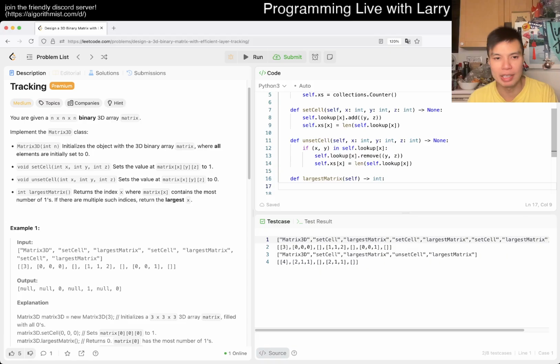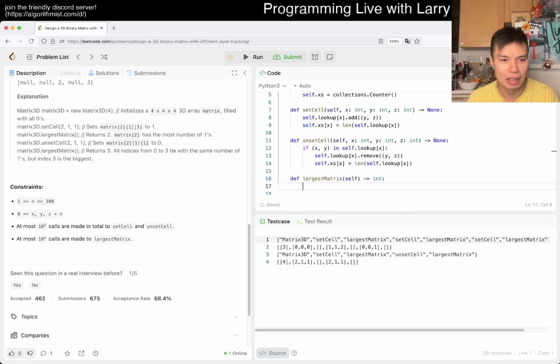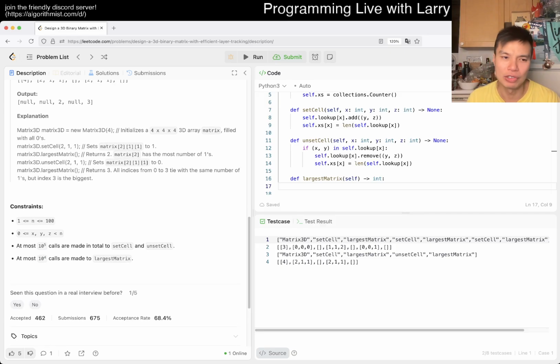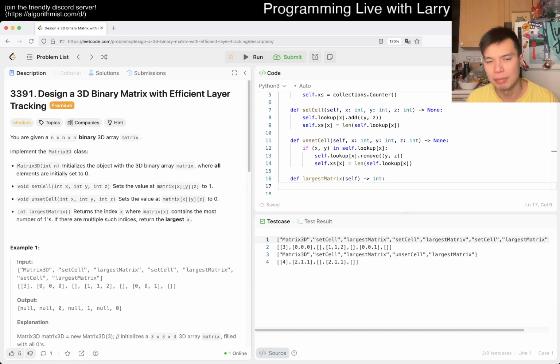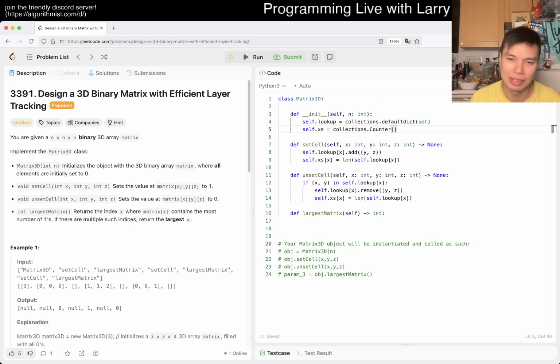Here for the largest matrix, of course you can go through the xs, and it turns out that there's only 100 x, so maybe that's fine. I don't know, 10 to the 4th times 100, maybe that would have been fine. But you can also do a little bit better, right? You can use a heap, you can use a sorted list. I'm going to use a sorted list just because it's a little bit easier to update. Using a heap is also fine, but you have to be careful with lazy updates, or you have to write your own heap. Either of them is fine, but it's just things you have to consider, right?